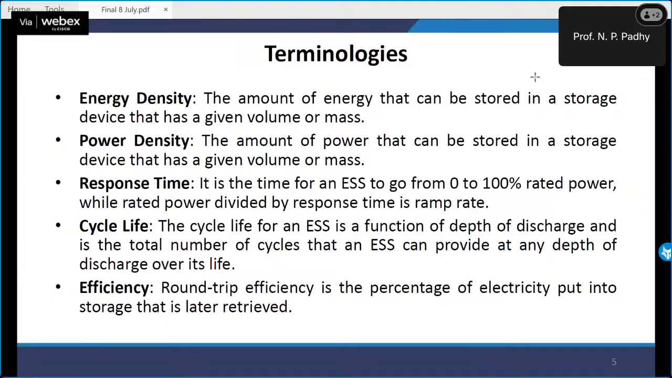Now, what is cycle life? The cycle life for an energy storage system is a function of depth of discharge and is the total number of cycles that an energy storage system can provide at any depth of discharge over its life. That is the cycle. Efficiency, round trip efficiency, is the percentage of electricity put into storage